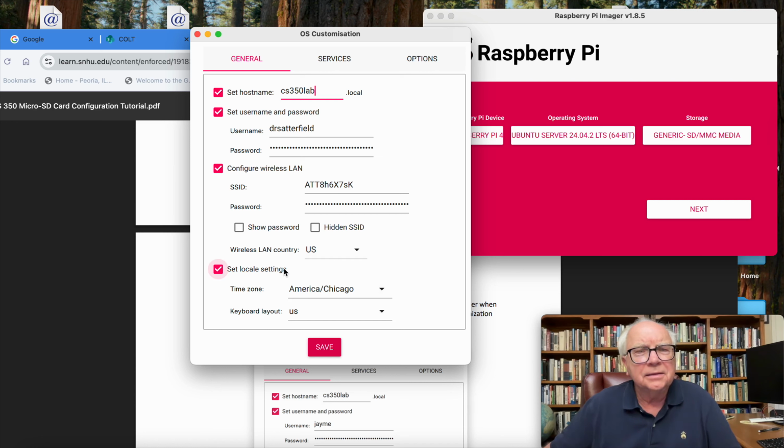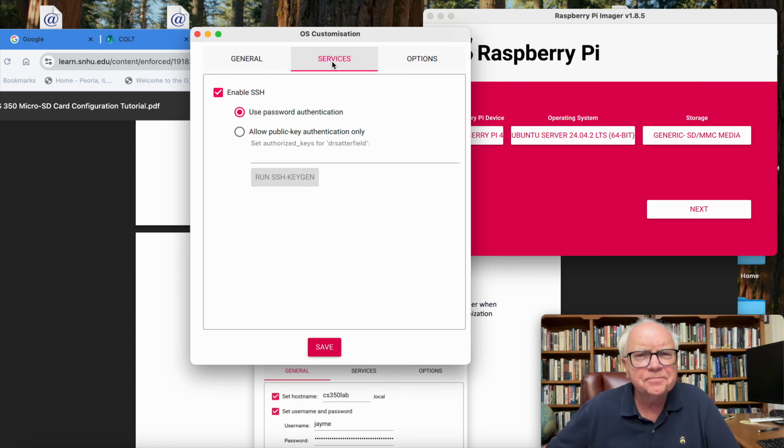And then wireless LAN country, that's US for me and probably for you. Set locale settings. I'm in Central Time. I live in Florida, but I'm over near Pensacola, so it's Central Time. And keyboard layout, US. Now go to the Services tab, and you want to enable SSH, very important